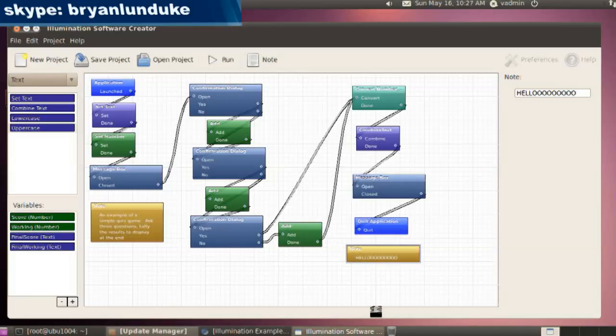That has nothing to do with your actual code that gets exported from Illumination. That's just stored in your project and just for your own personal reference. All right, so